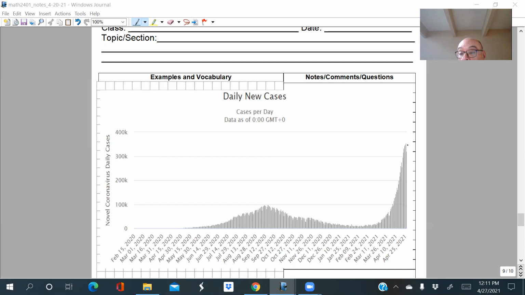Okay, that would be good news for us, correct? If there's a turning point. And so people are very interested in projecting where that turning point is going to actually be. When is that going to occur? This is what epidemiologists do for a living, right? Trying to project when this turning point is going to occur, or if it's going to occur.